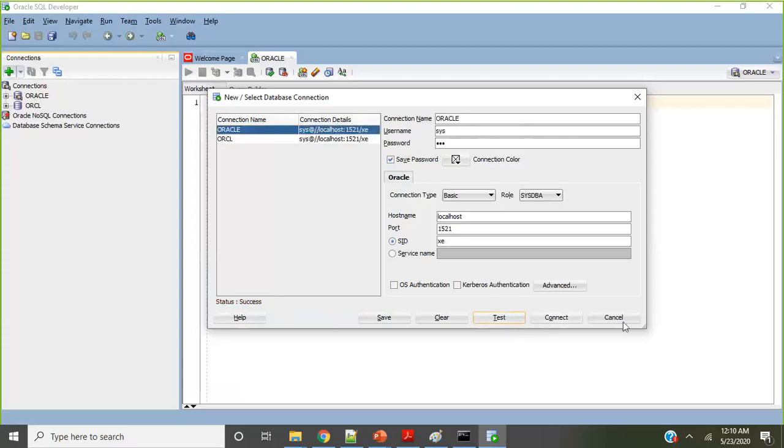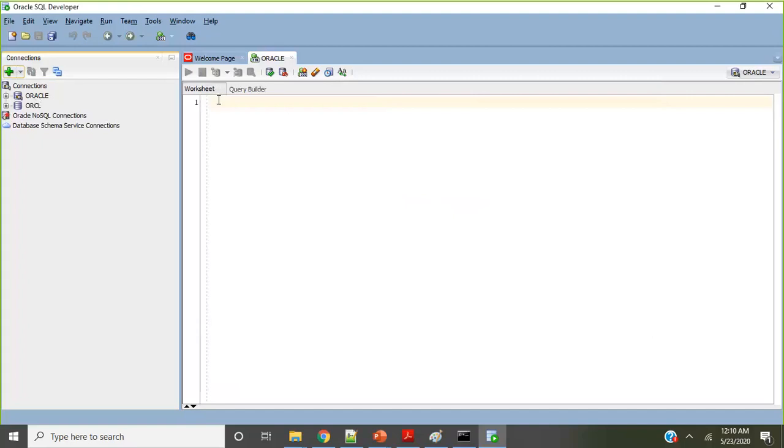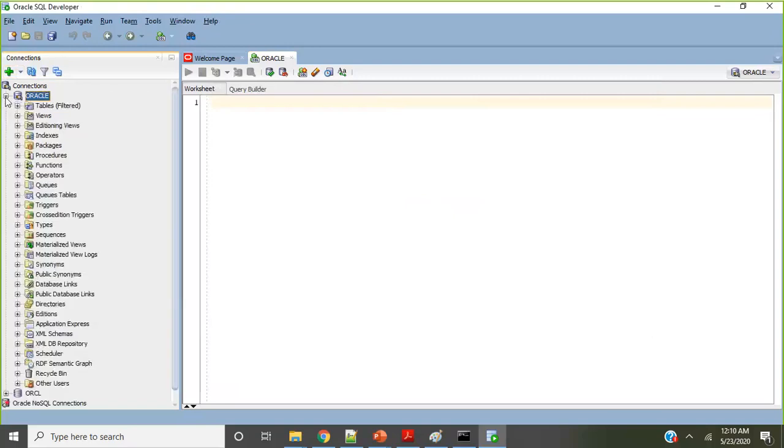It's already connected. Let's do a sample query. How to do the sample query? But before that, where to browse? Let's see. If you go to Oracle, click the plus sign here. Once you click the plus sign, keep coming down.